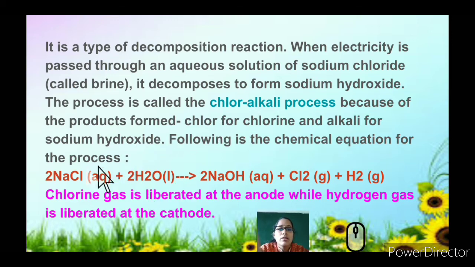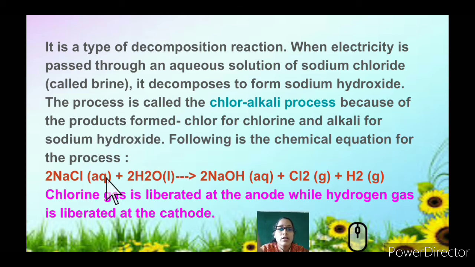Here you have taken water, and to the water you have added sodium chloride. When sodium chloride is added to water, it is known as sodium chloride solution, that is an aqueous solution. What is the water formula? It's H2O, and sodium chloride is NaCl. So when sodium chloride and H2O combine, and an electric current is passed through it, what happens? There is dissociation or splitting up of these